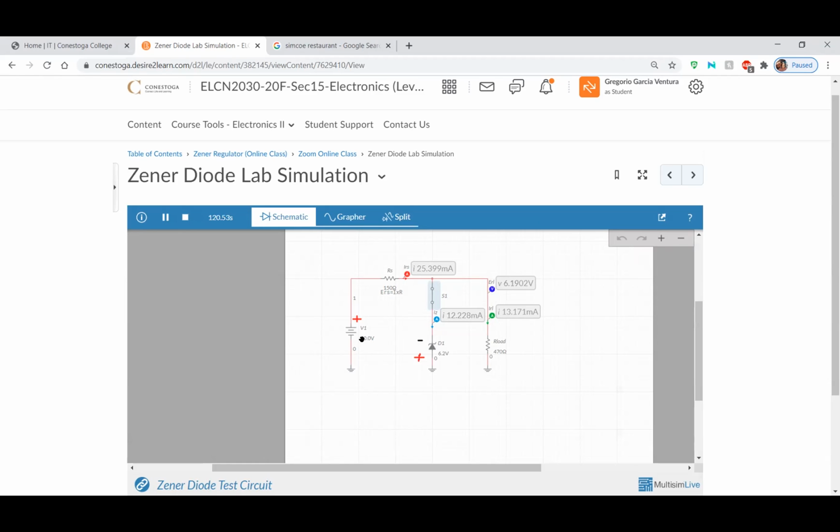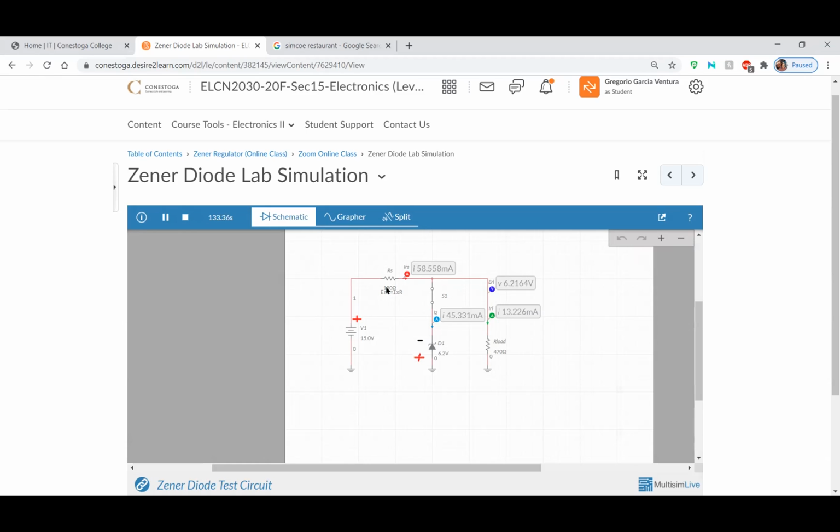So you were able to see that even when I increased my voltage on the source, the voltage right here through the load, because it's connected in parallel with the Zener diode, remains the same. If I increase my voltage a little bit more, I'm just going to put it to 15 volts. Now that I have 15 volts, you can see that we still have the same voltage here. So even when we increase the voltage dramatically, 5 volts is a lot when we are talking about milliamps,